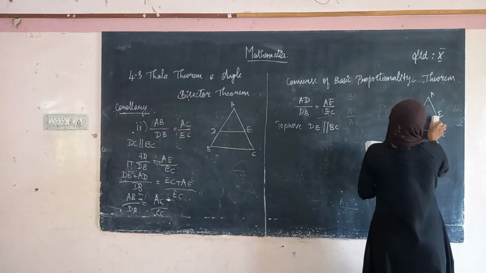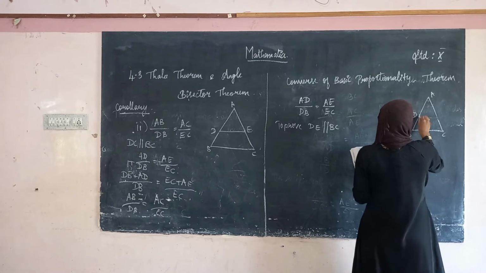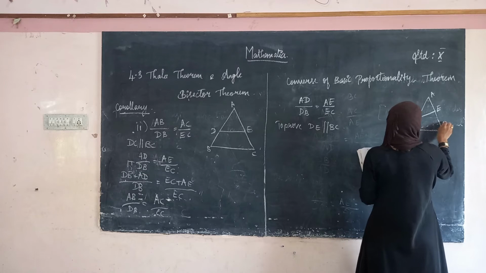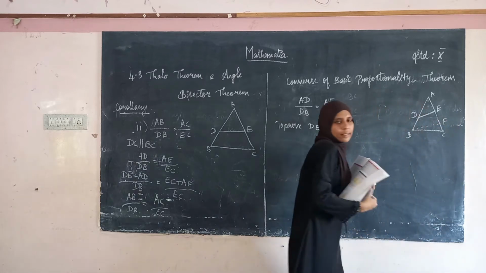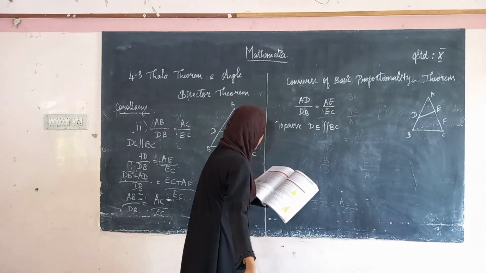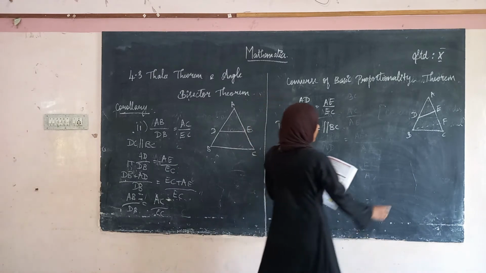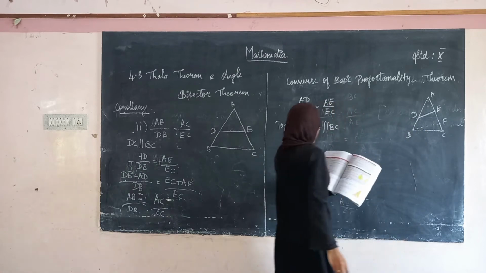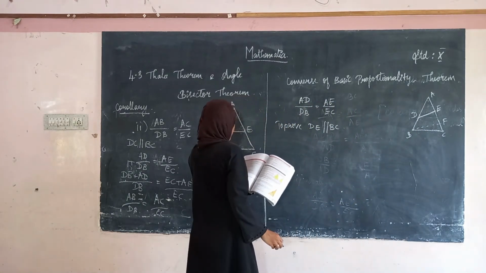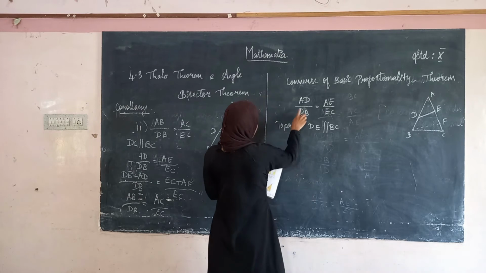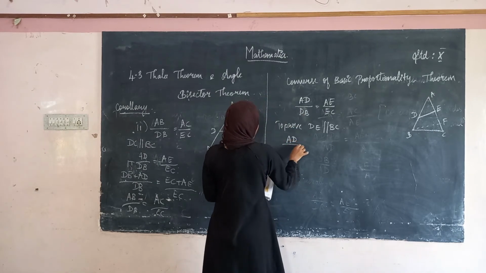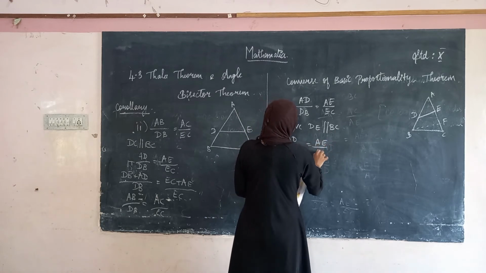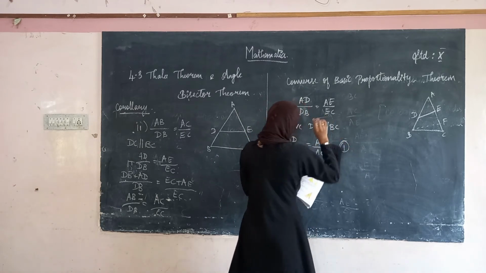Here we are going to take the diagram like this. Let this be E and let this be F. Okay, we are going to take the diagram like this. See here. So draw a line BF which is parallel to DE. Okay, and then from one what you are going to do is, we know that this is the given point. AD divided by DB is equal to AE divided by AC. We are going to take it as first.